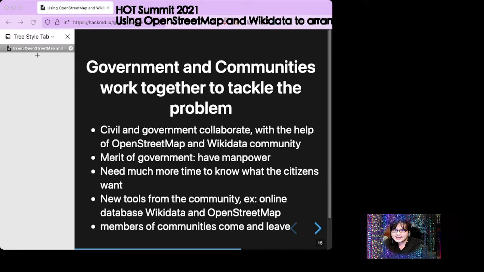For the government side, they have more manpower, but they have to spend more time to know what the citizens want. And for the community, the disadvantage is that community members will come and leave, so we have to keep the motivation of the communities.